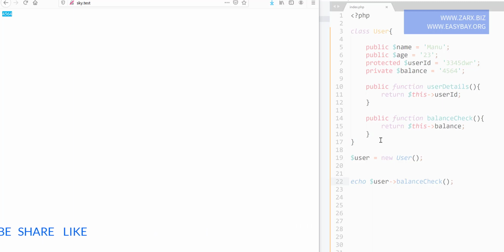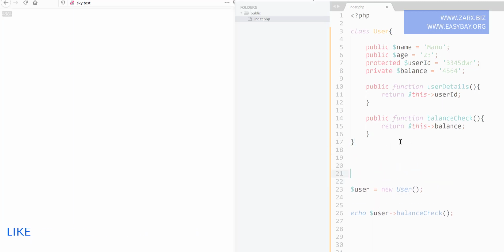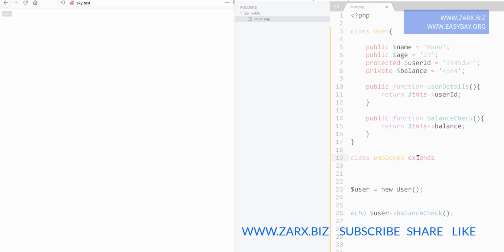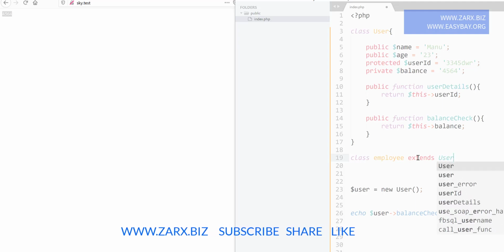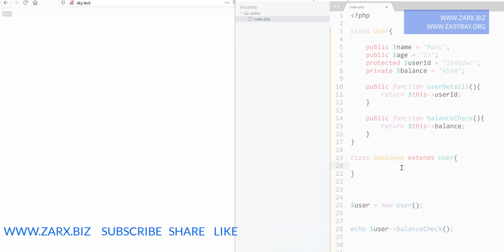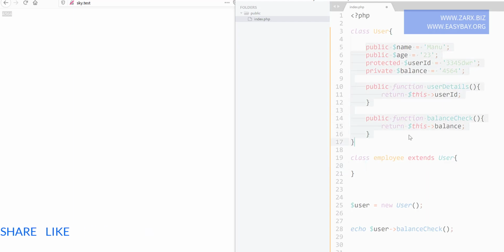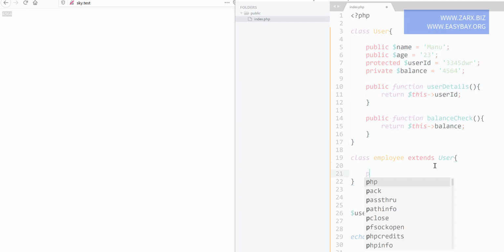Now for the protected, there is one more thing I need to tell you. We can use protected inside child classes as well. Now for the child class, we can extend the user class. So let's see how we can do that. We simply say class, and I'm going to give it a name, employee extends. This is the keyword we write to extend the class, and we say user. So we're saying we are extending the user class, and by saying that, we are getting access to all these variables and functions. So let's say a public method